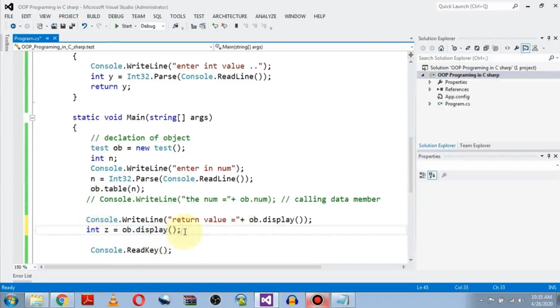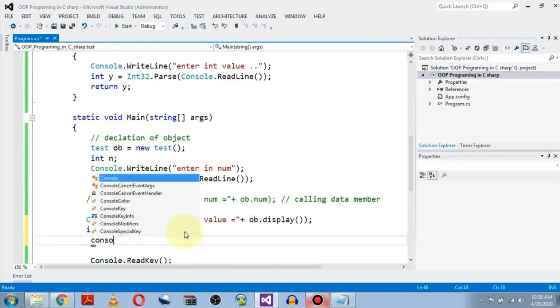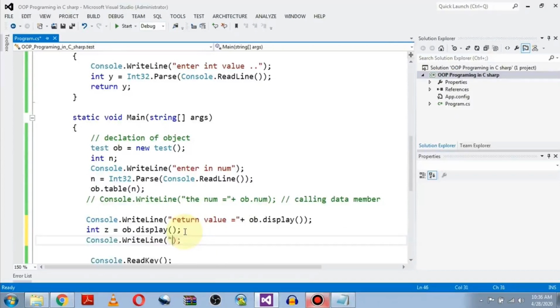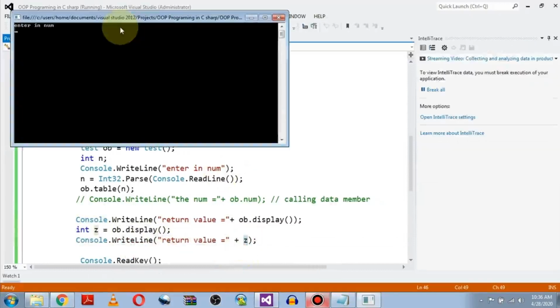And after receiving within the z, now let's print this value. Plus z. So there are two methods. Number one, returning the value and directly printing this value. Again, return the value, receive in a variable having the same data type, and after this we will be printing this value. So again let me print this value, integer 4,